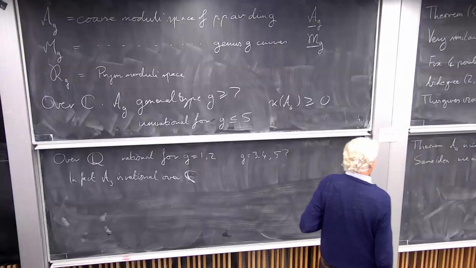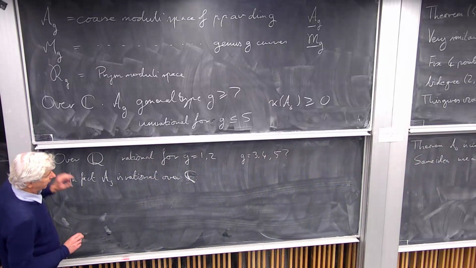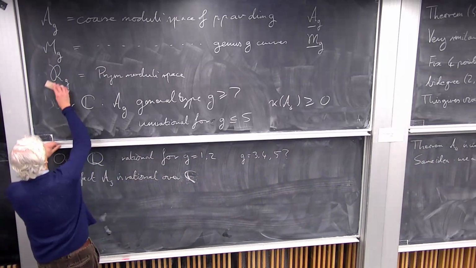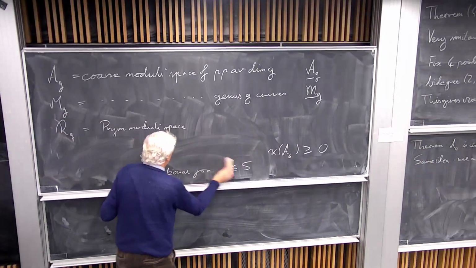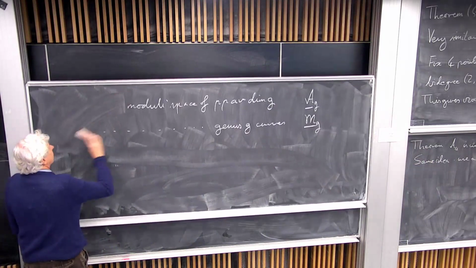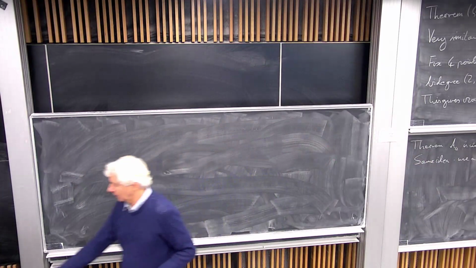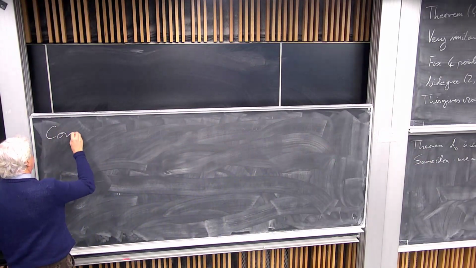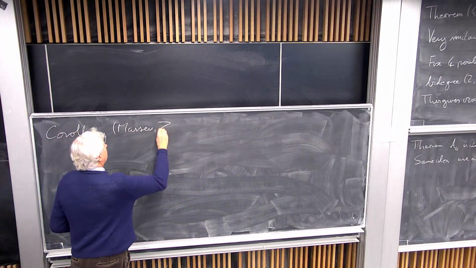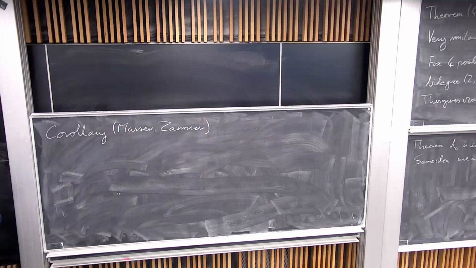Okay, so we have these two results, and before I move on to g equals 3, I will give a corollary, and the corollary is really where this all started. The corollary is due to these very well-known people,